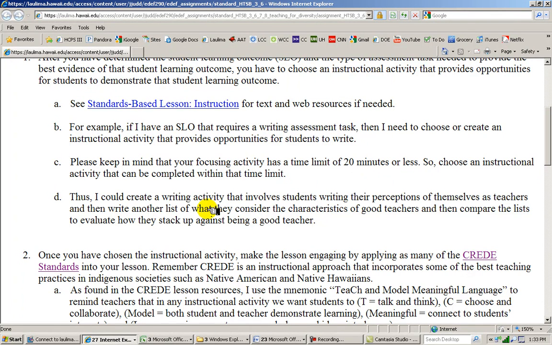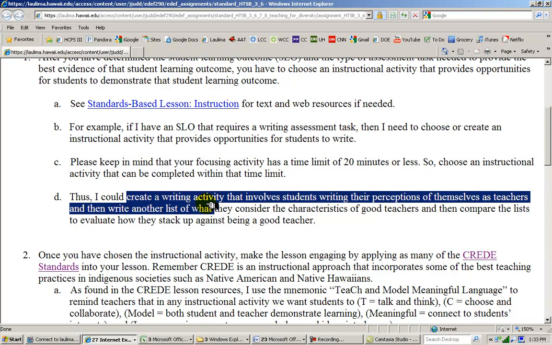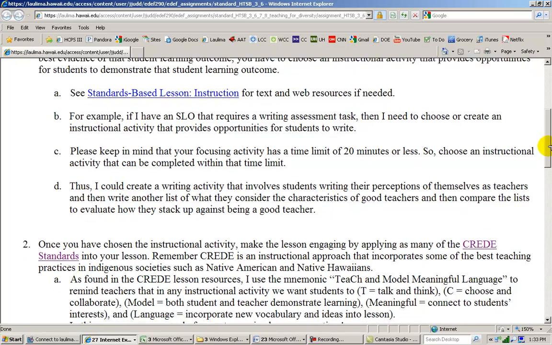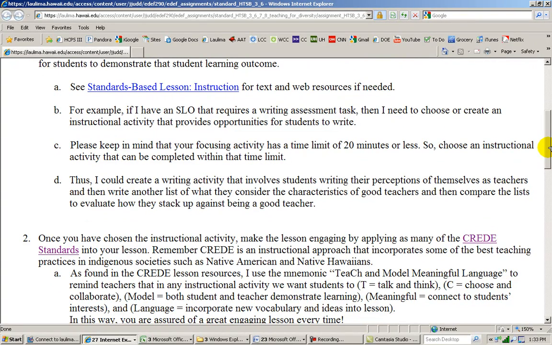For example, I want something to demonstrate students being able to write their perceptions of great teacher characteristics, so I want to create a writing activity that will demonstrate that. And so I think I'm going to have students demonstrate by creating two lists and then compare those lists to see how they stack up being a great teacher. So one list for themselves as characteristics of a teacher, and one list to demonstrate the characteristics of a